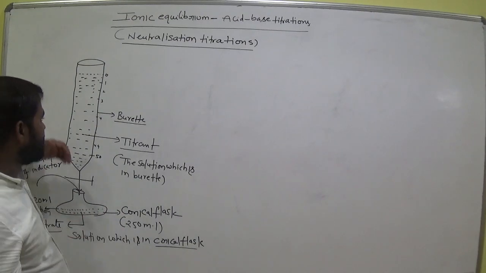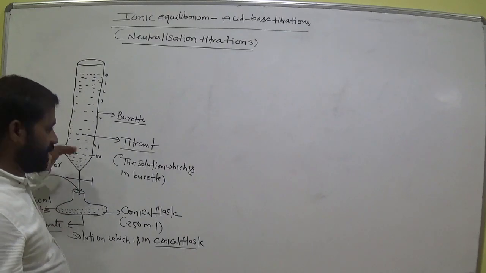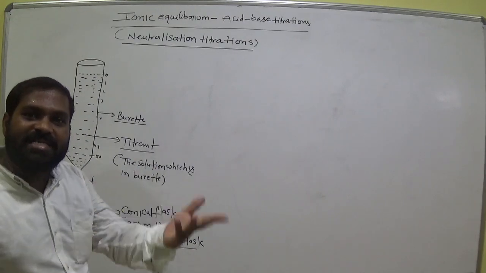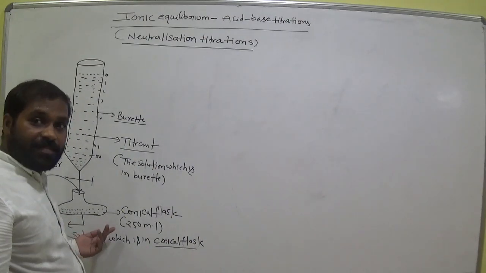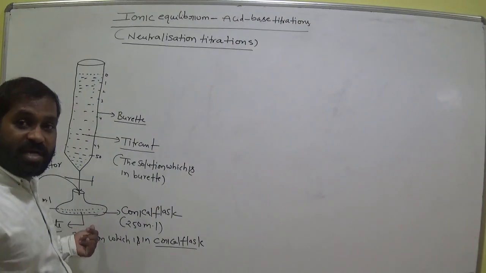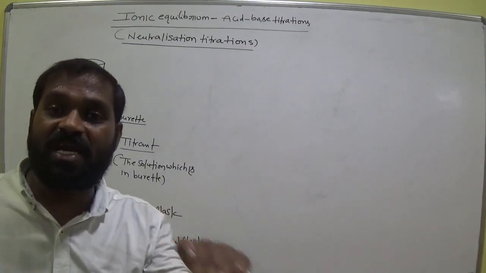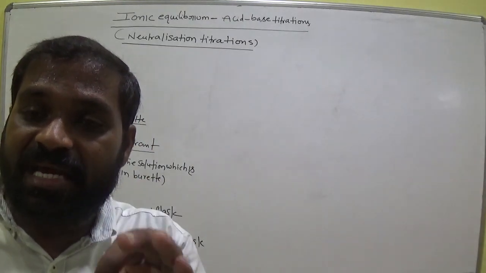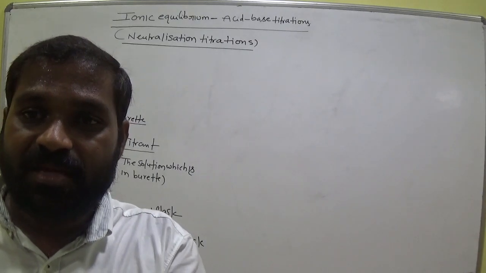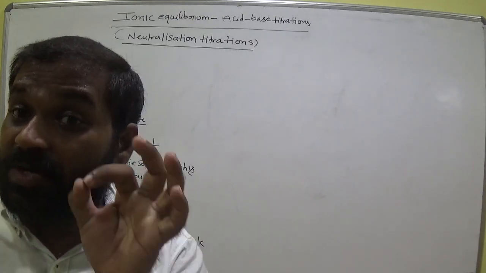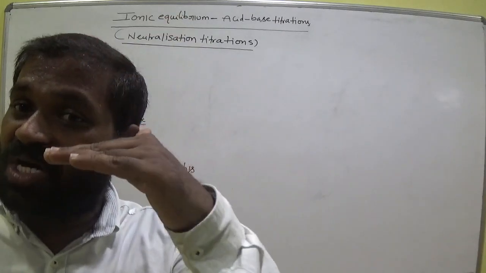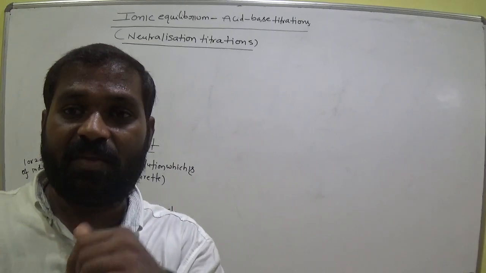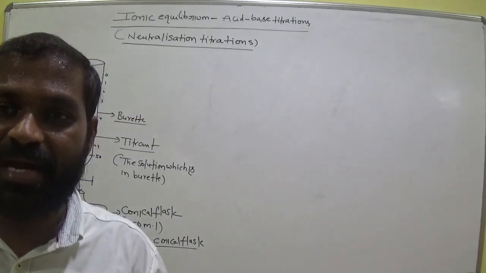Okay, that means the reaction takes place between these two, acid and base. At a particular time, the mixture undergoes neutralization. It shows some color in the conical flask. That is the completion of the reaction. That color appearance means the reaction is completed. Is it clear? That is called the end point. At a particular point, the acid exactly reacts with the base, then the color of the conical flask changes. That may be yellow or pink or purple, violet, like that.